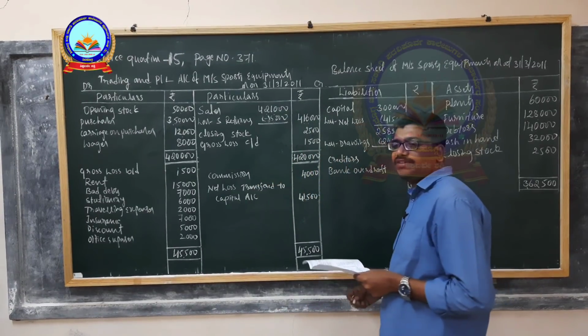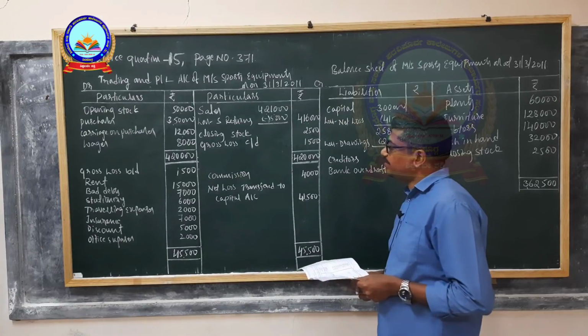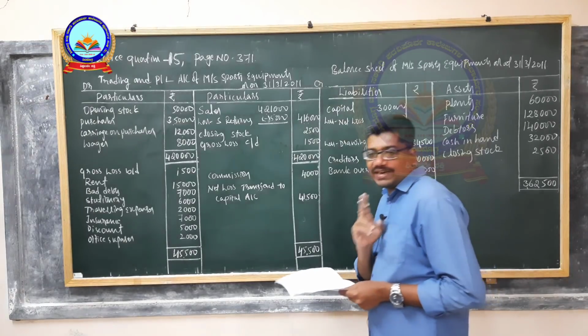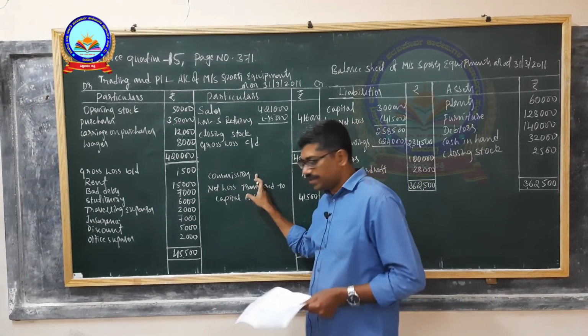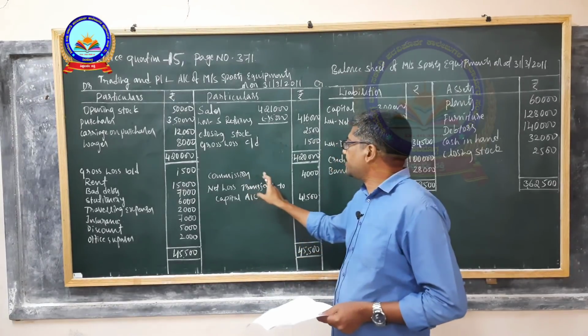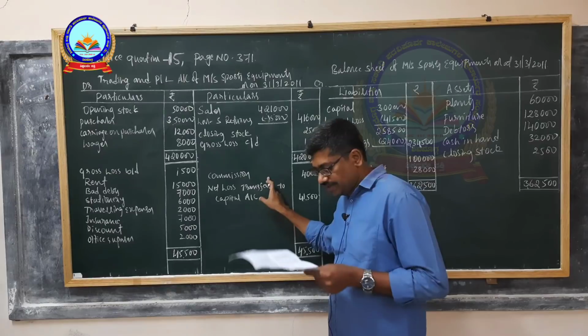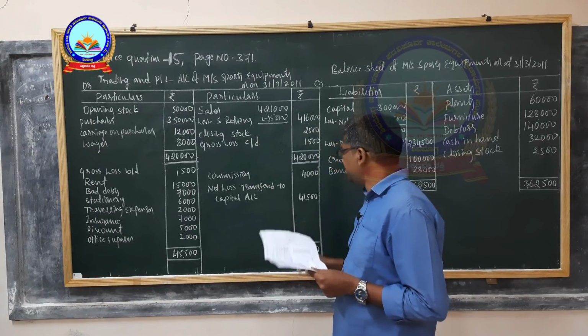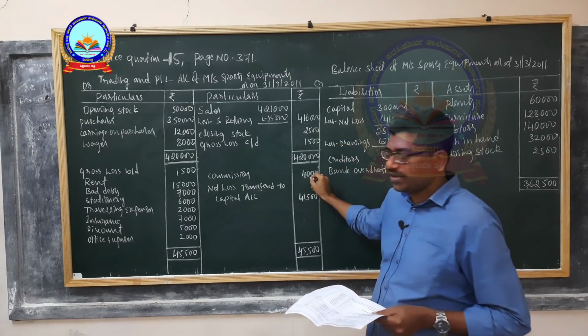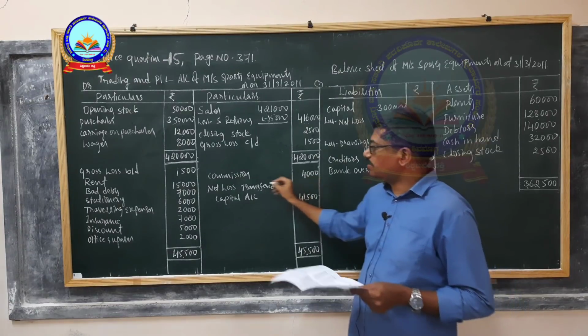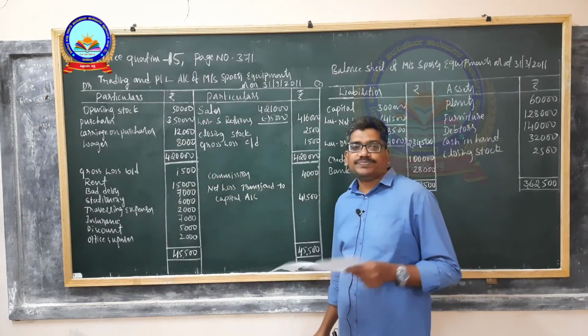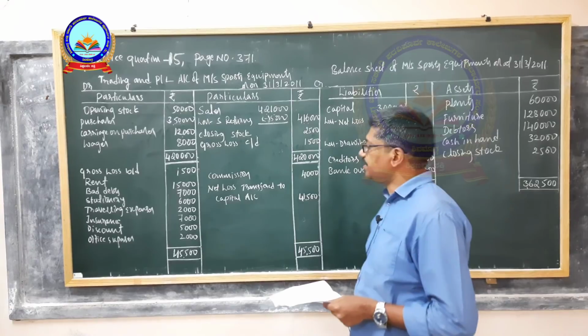In the credit side of this profit and loss account, we have one income, indirect income. So that is commission received. Therefore now you record it in the credit side of profit and loss account, commission received. Commission received amount is rupees 4,000. You record 4,000 rupees. So now all the indirect expenses and indirect incomes are over. Now what you should do